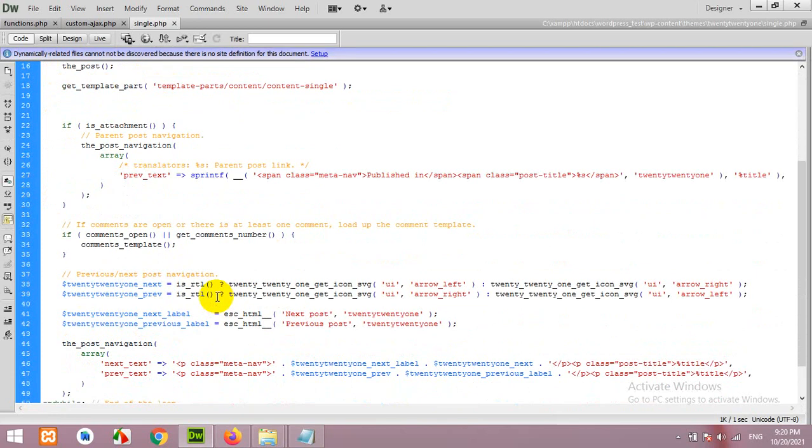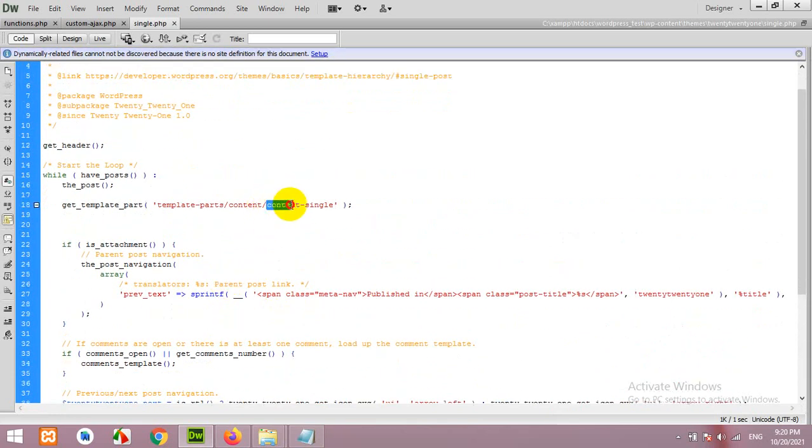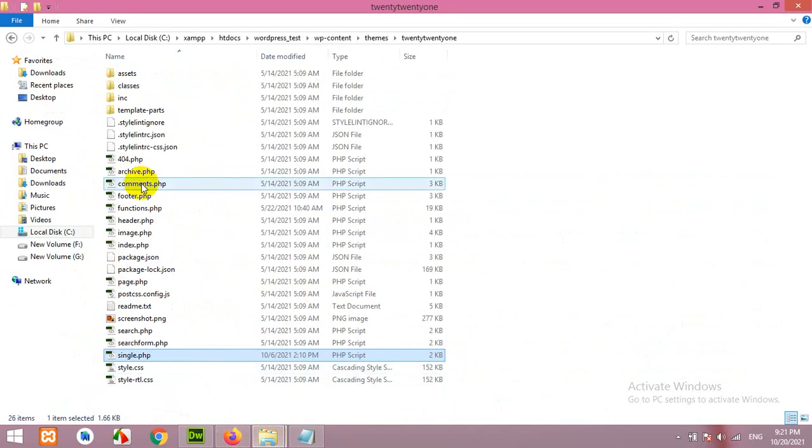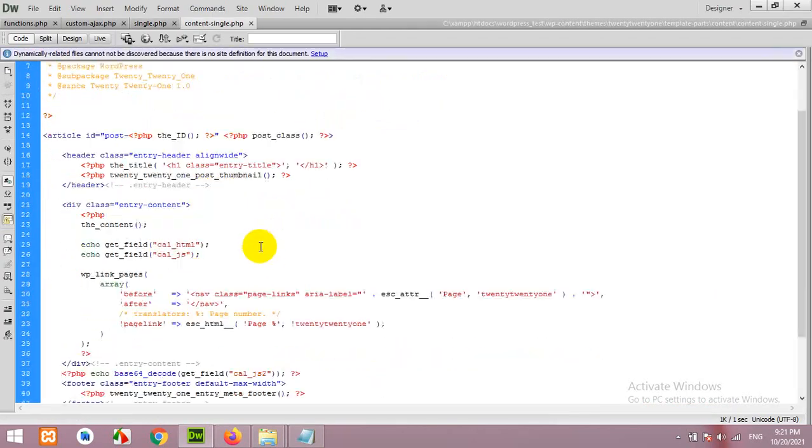Now let's check. We have a file called content single in template parts, content, and content single. So open the folder again, template parts, content, and content single. Open the file.